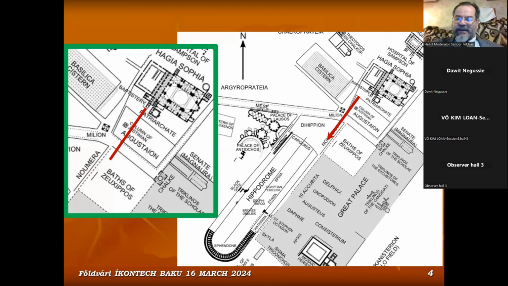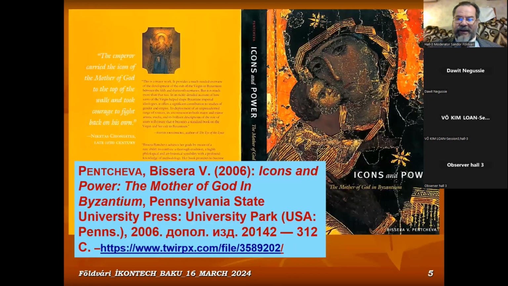And still, it is interesting. Then, in the Byzantine time, there was a very, very great place, a square named Hippodrome. And if you can see the position of this mosaic in the south vestibule, it was in the axial position, in the axis of the main places of the capital of the Byzantine Empire.